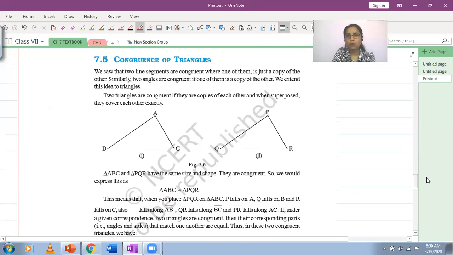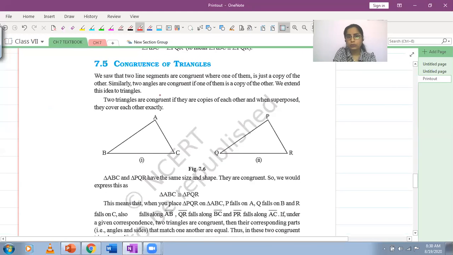And finally, we have congruence of triangles. Congruence of triangles means they are copies of each other. Exactly. If you cut out triangle ABC and triangle PQR and try to place them on each other, you will see that they are exact copies of each other. Just like your hands. The teacher in the video was giving the example of hands. If you place your hands together, you will see they are exact copies of each other. They're not talking about the lines on the hands. Don't go looking for the lines. They're just looking at the shape. The shape should be the same and the size should be the same.